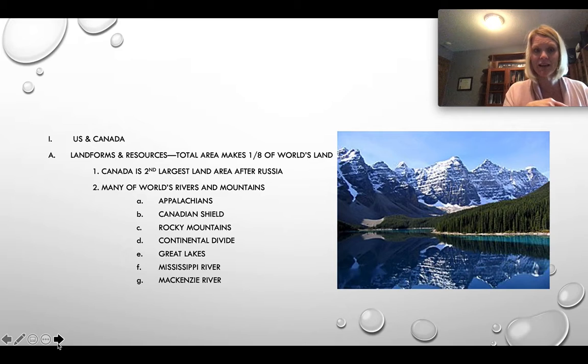Between the United States and Canada, we have many of the world's rivers and mountains. Some of the most famous rivers and mountains are in North America. The Appalachians. We're going to talk about the Appalachians a little bit here, and you'll see them on your landforms when we get into class and start working with that. In US history, for example, in my class in APUSH, we're learning a lot about what had happened in 1763 before the Declaration of Independence was signed. The Appalachian mountain chain was a really important border or barrier, you might say, in American history.